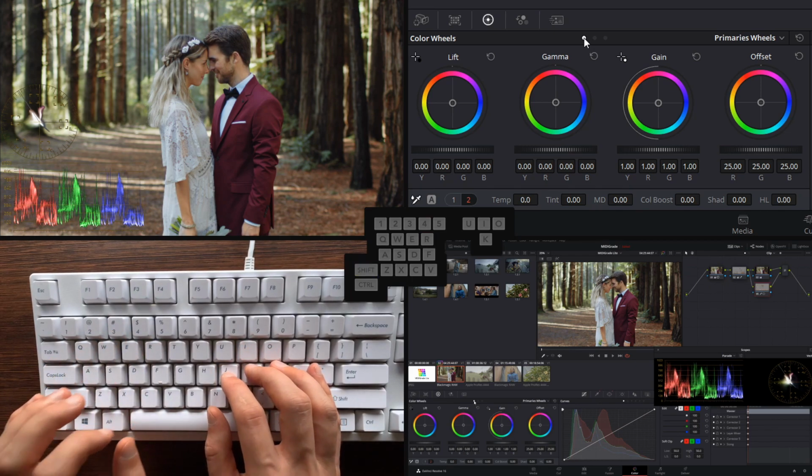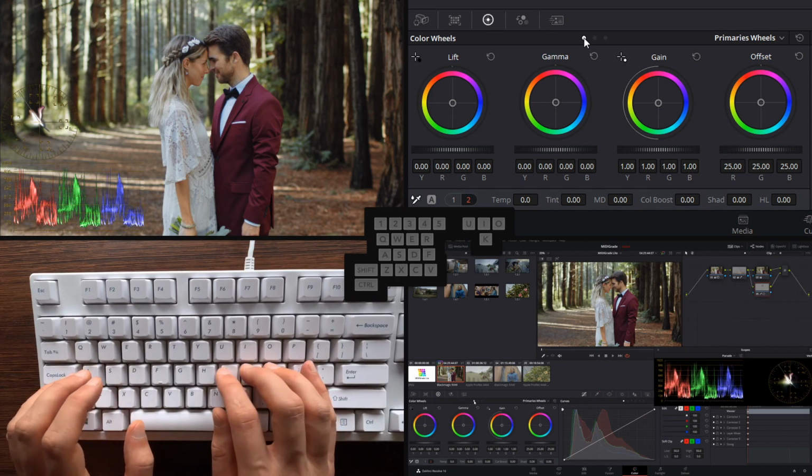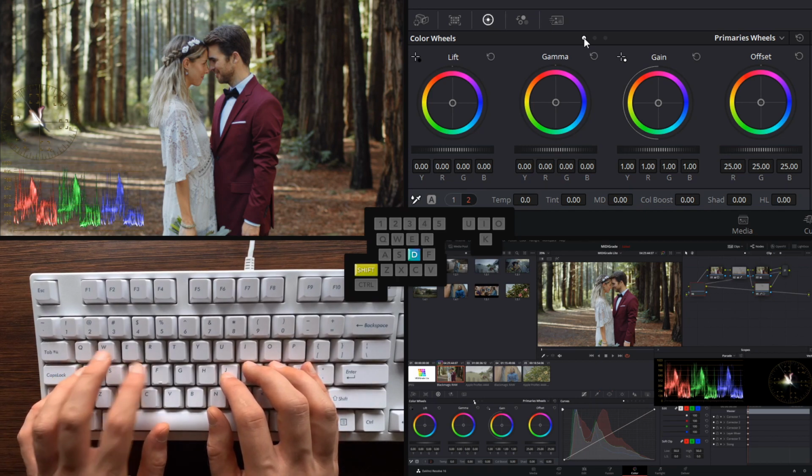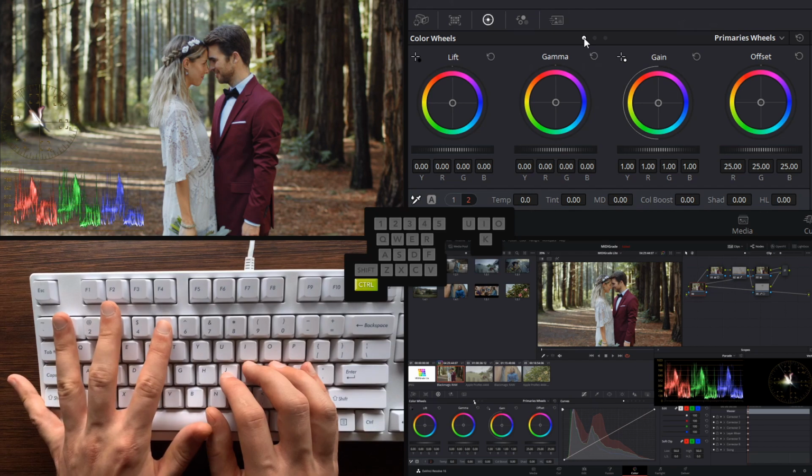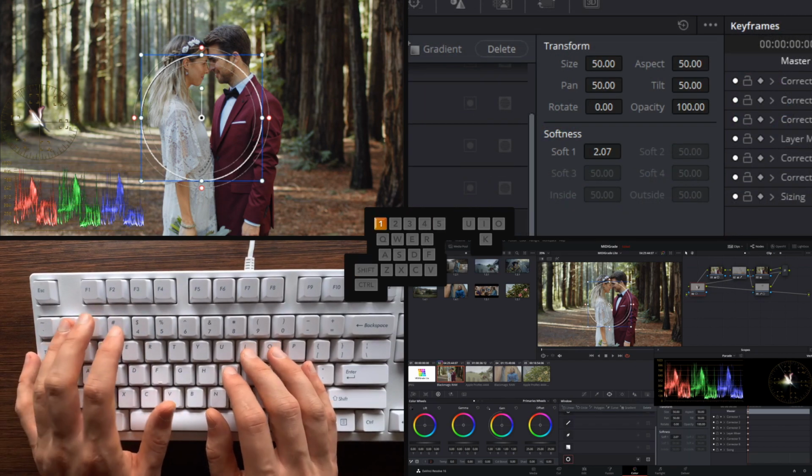Okay, so how can we take this further? Let's say I want to add a vignette. I can append a node. Let's go back to window. I'll create the circular window